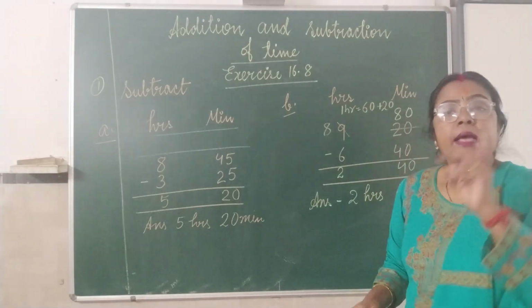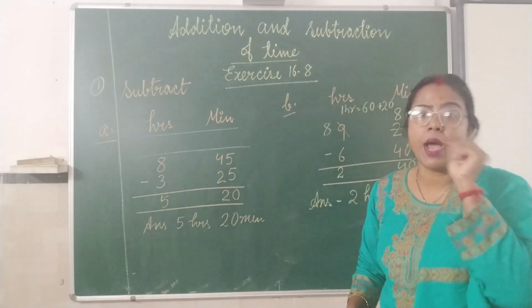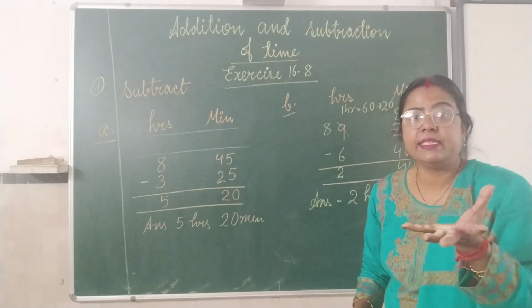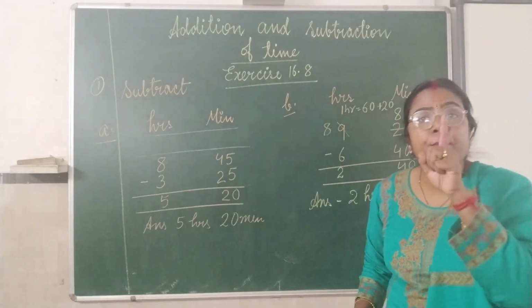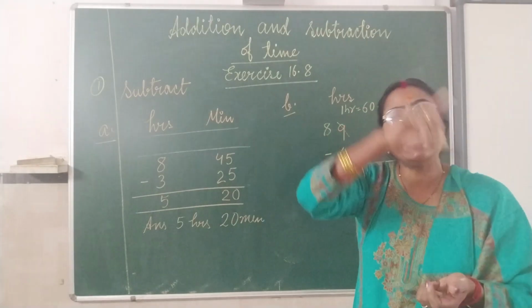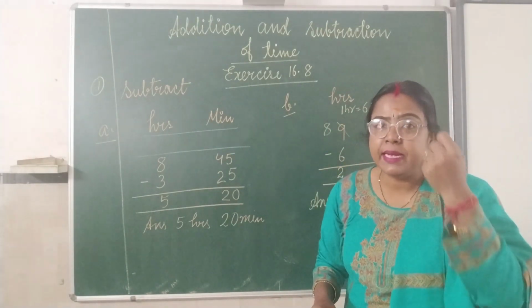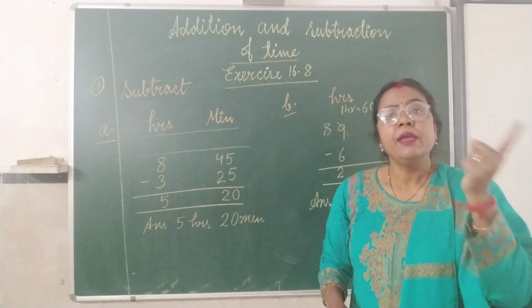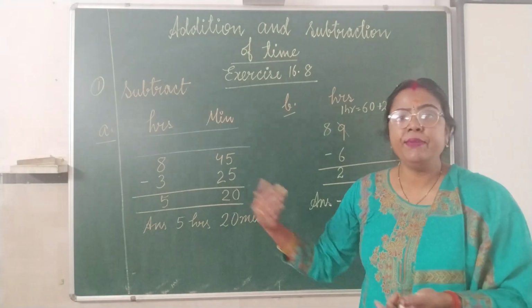Clear to you all? In normal addition, what are we doing? We are taking the carry over of 1 or 10, whatever you can say. But in the case of time, we are not taking a carry of 1. From whichever unit we are taking the carry, that unit will be considered. Like if it is the minute, if it is more than 60, we will convert it to minutes and hours, and then we will proceed.